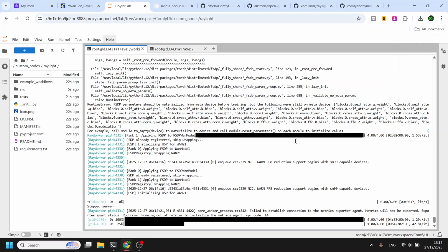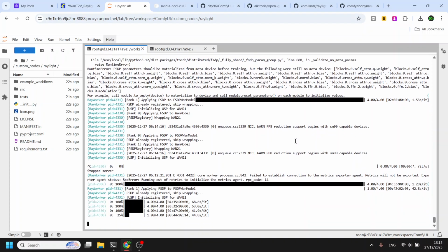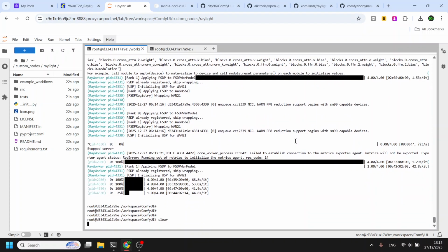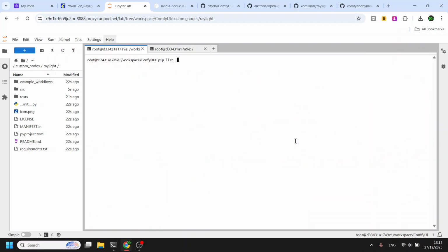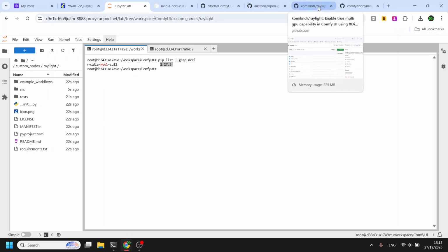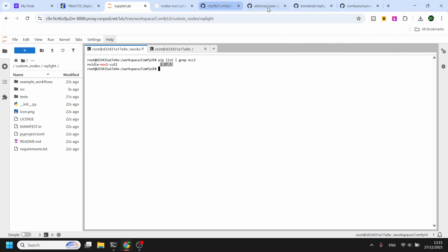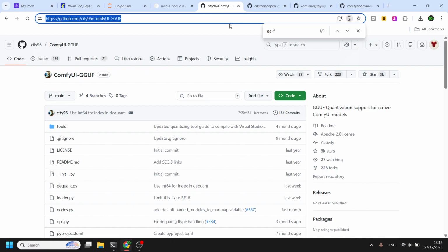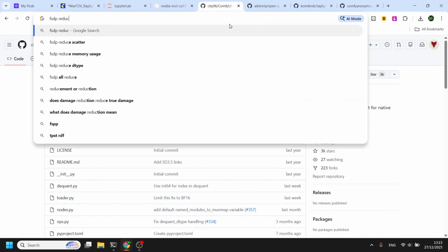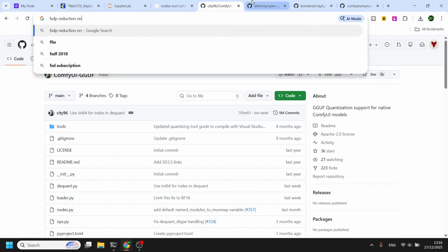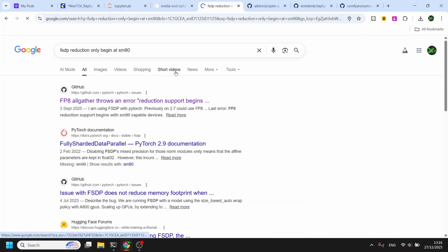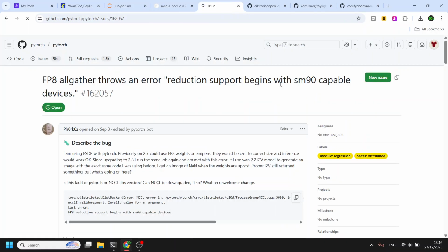I will explain it. If we grab our version, it is 2.27.3, and there is an error. Where's the error? FP8 reduction only begins at SM90. This is the error.